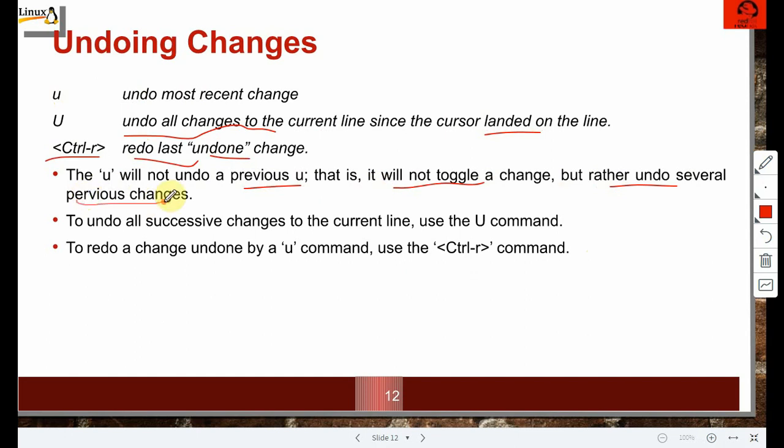And you remember I deleted so many lines, deleted words, and then I continuously pressed u. I got all my content back. To undo all successive changes to the current line, you can use uppercase U. To redo the changes undone by u command, you can use Control R command, that is to make a redo.